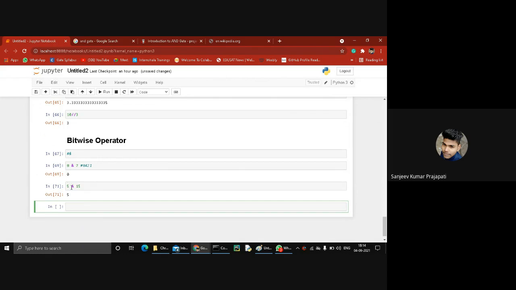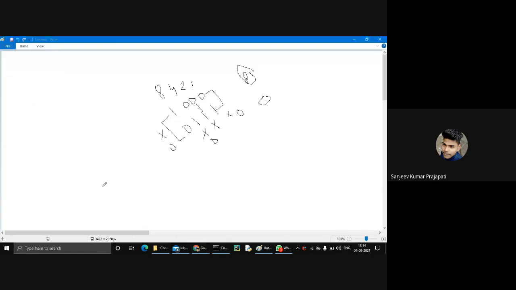First of all, you convert the decimal number 5 into a binary number. Can anyone tell me what is the binary form of 5 using this method? 0101.